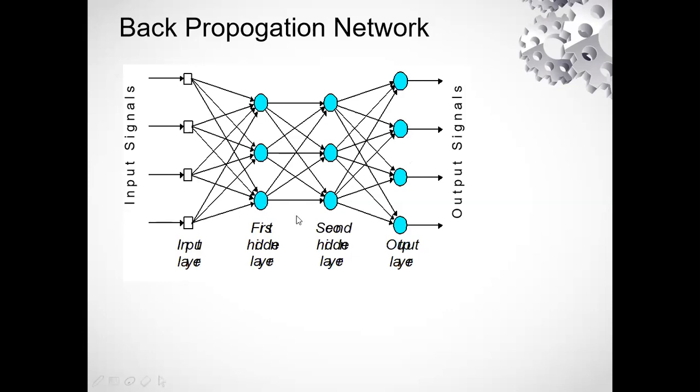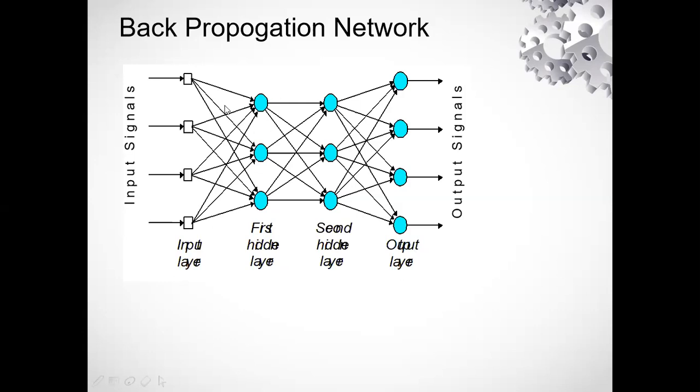So why are we calling it multi-layer? We are calling it multi-layer because we have more than one layer in this network. We are not considering the input layer, but we have three layers: two hidden layers and one output layer. That is why we are calling it a multi-layer backpropagation network. So if someone asks what is the architecture of this BPN, this is a multi-layer backpropagation network.